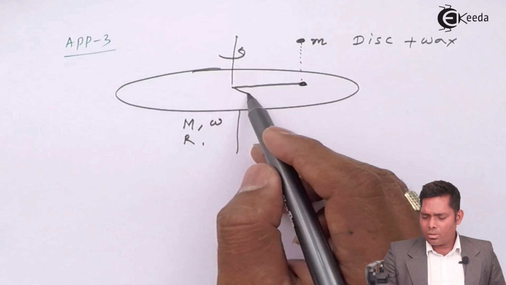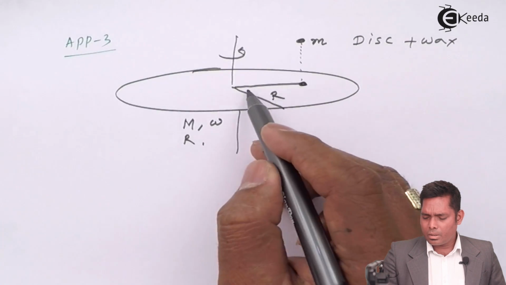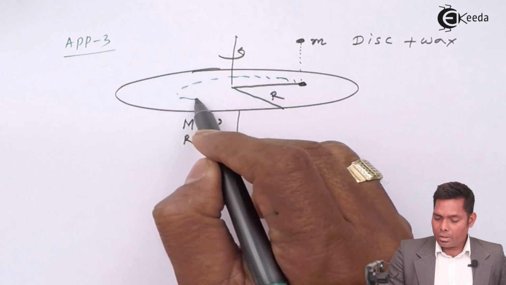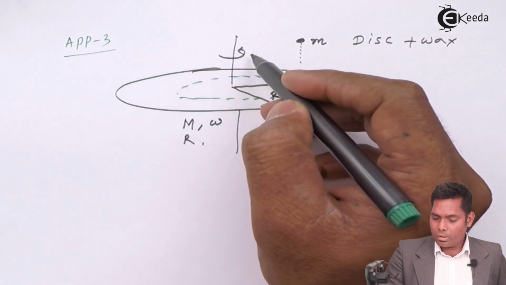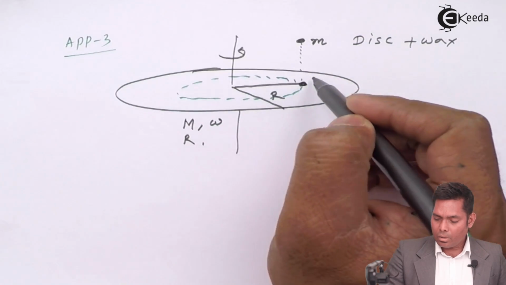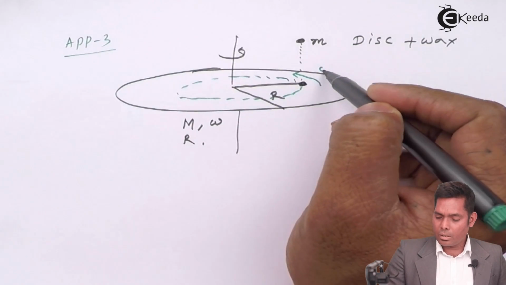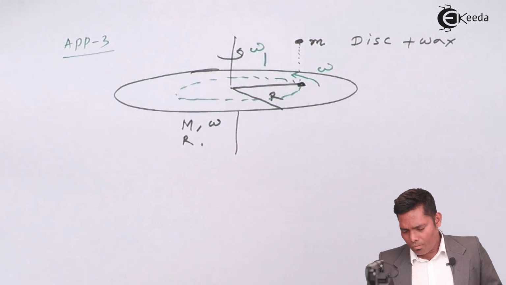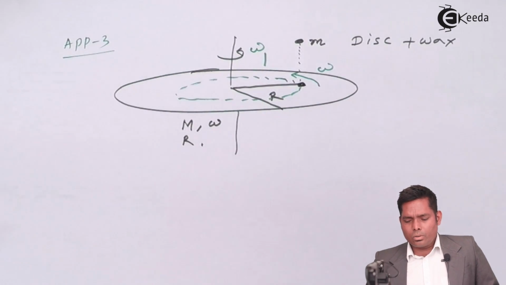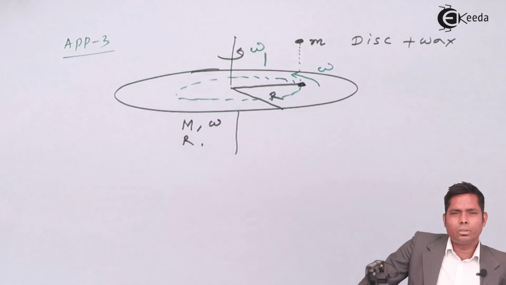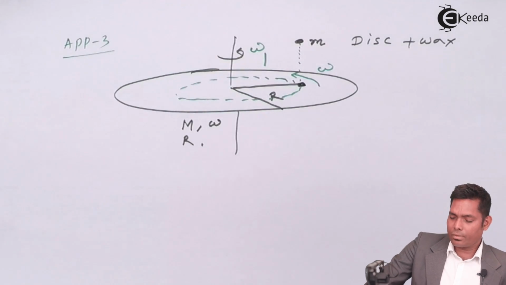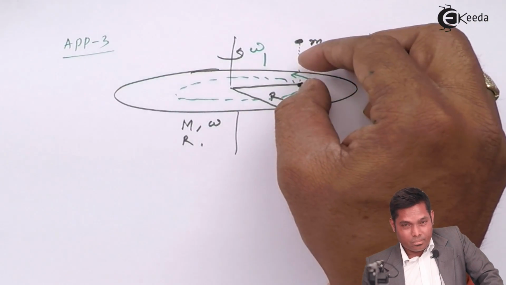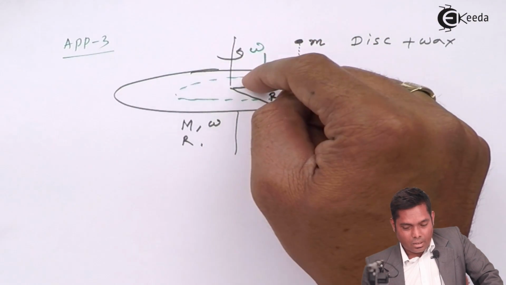The radius of this is r, but the point where it sticks and then starts rotating with a common omega, after sticking, is suppose omega. Before sticking it is rotating with omega 1. So I can write the equation: before the wax falls down, the angular momentum of the system is I1 omega 1,